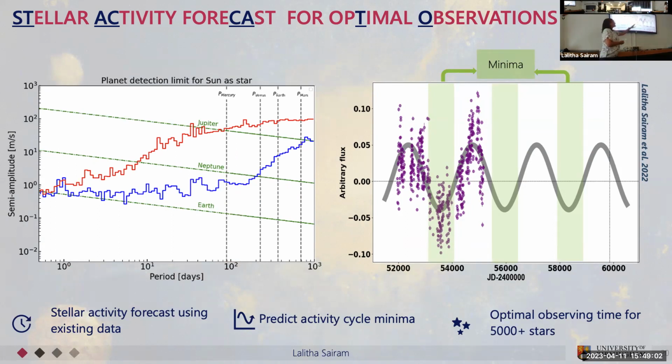And the green regions indicate the most optimal time for observing the star based on what we saw for the sun. And this is based on a simple sinusoidal model for predicting activity cycles for the star. And STACCATO is built for all these stars that were part of some kind of exoplanetary survey in the past. So we are currently using all the archival data to build this repository